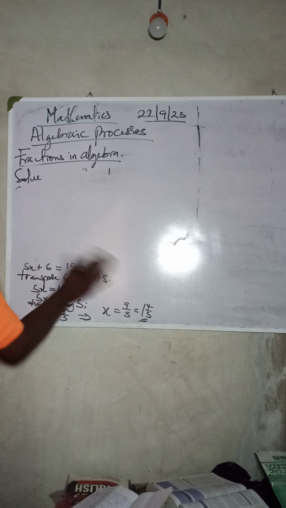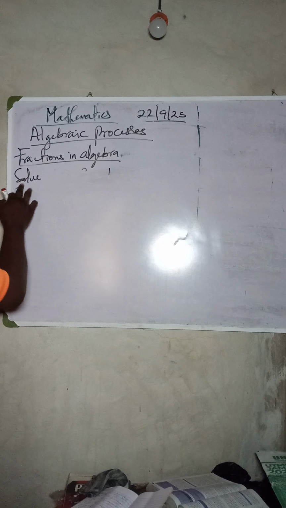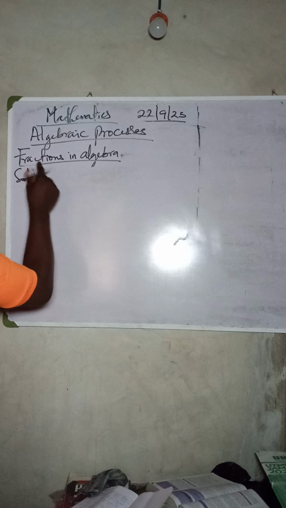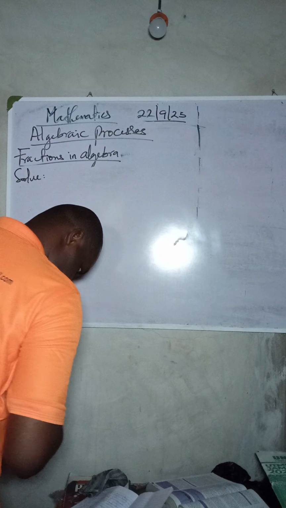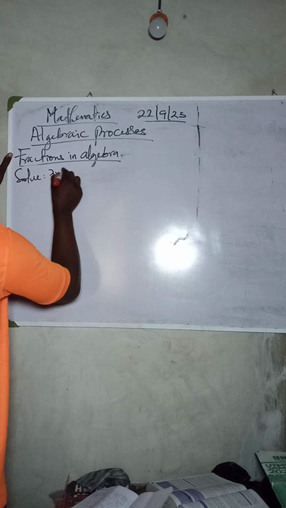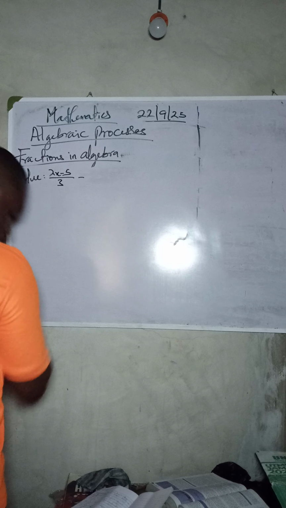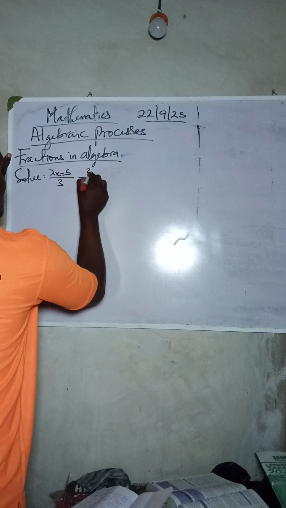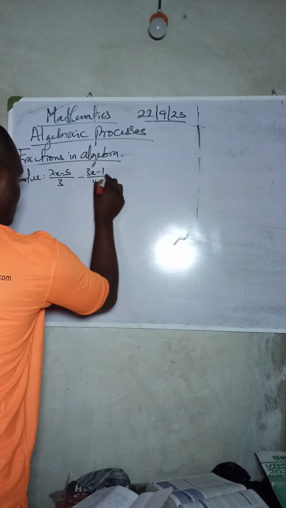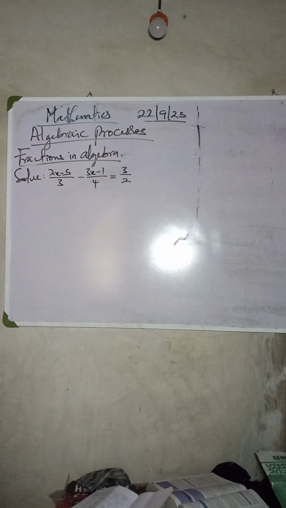So now, let's look at some complex situation. Solve 2x minus 5 over 3 minus 3x minus 1 over 4 is equal to 3 over 2. Okay, this is a very simple task. Now, from what we have here,